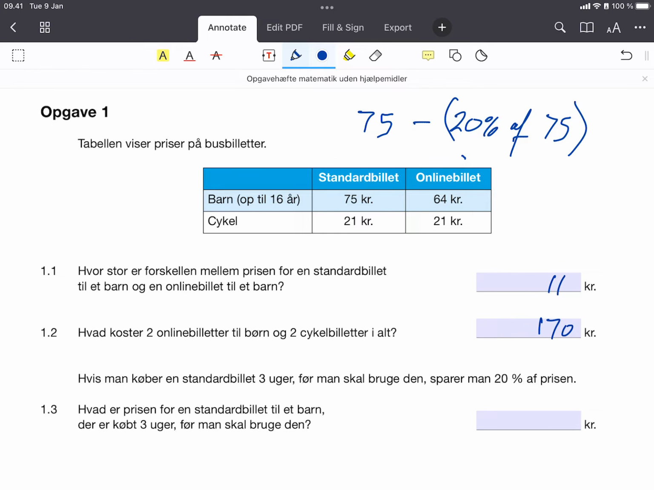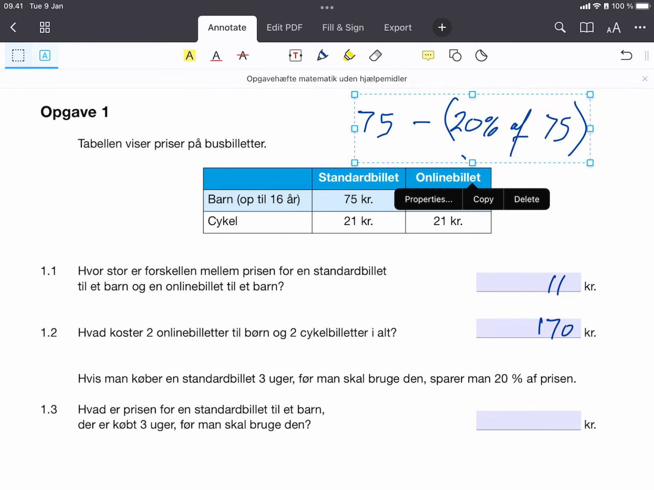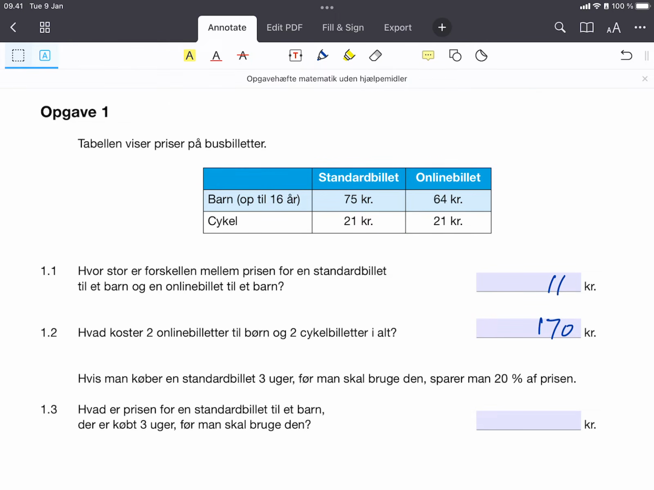75 kroner. That's one way to work it out. You could go straight to just working out 80% of 75, of course. That's another way to look at it. But I'm going to do it this way because a lot of people find this just a bit more intuitively easy to get their head round. Okay, so that's 75 minus 20% is 20 hundredths. A percentage is just a fraction out of 100. So 20% of 75